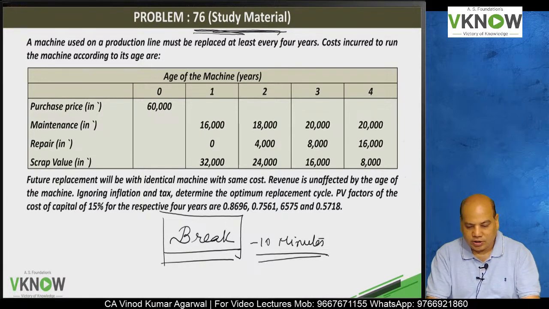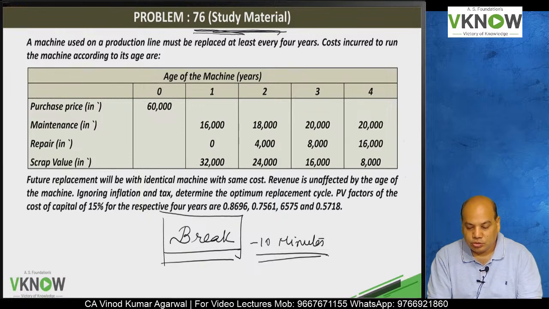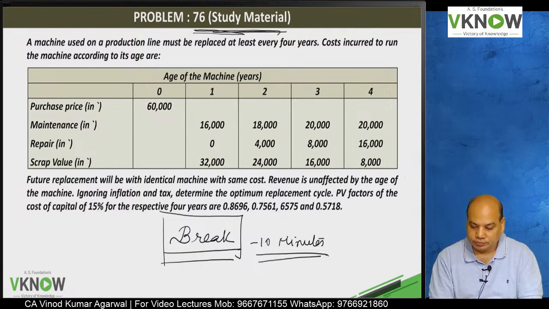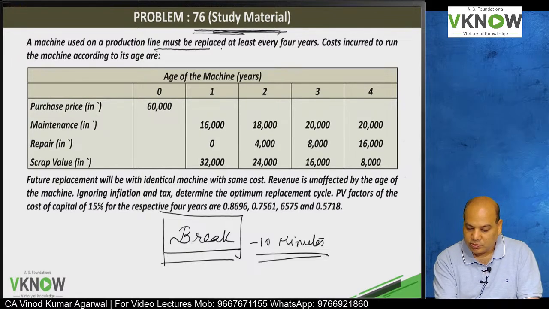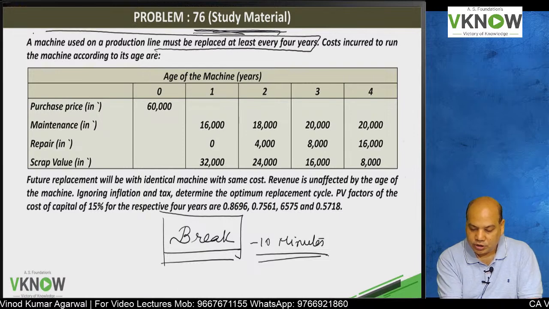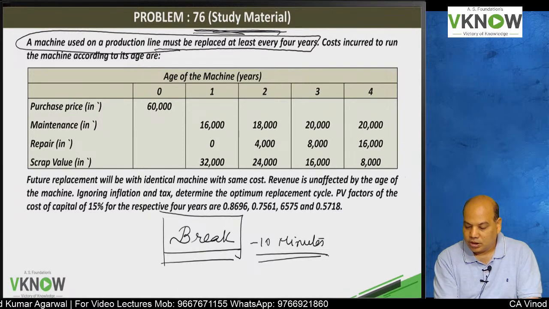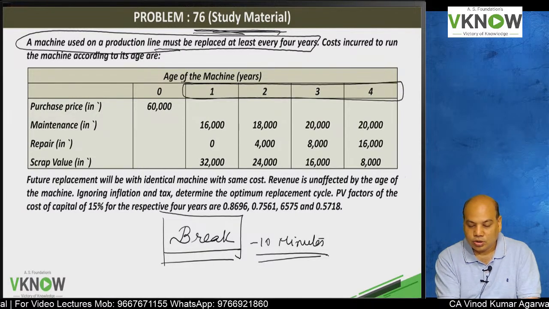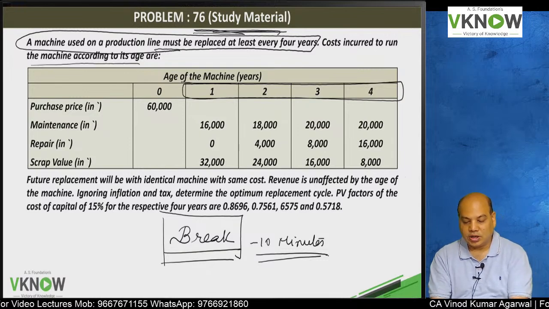Please pay attention. A machine used on a production line will be replaced at least every 4 years. Must be replaced at least every 4 years. So the maximum life of this machine is 4 years. Cost incurred to run the machine according to its age are: